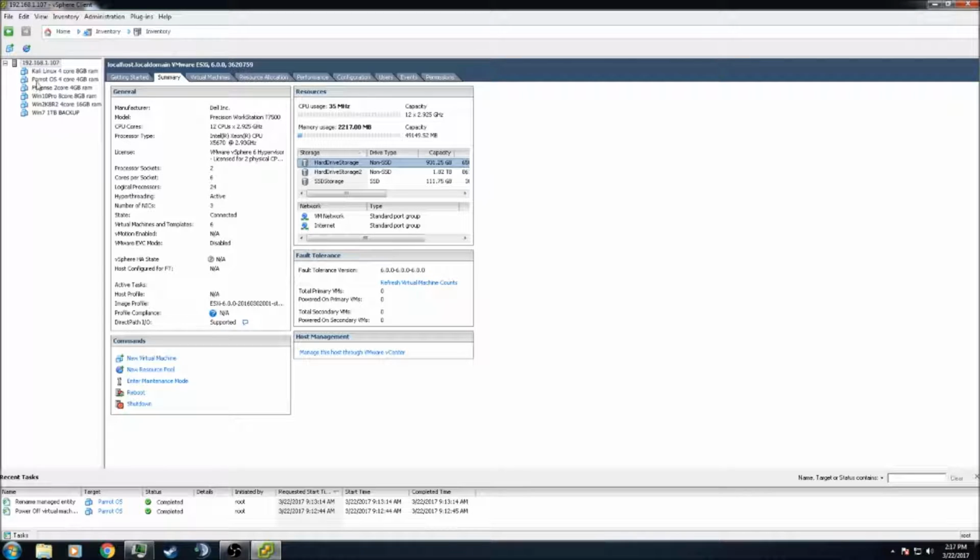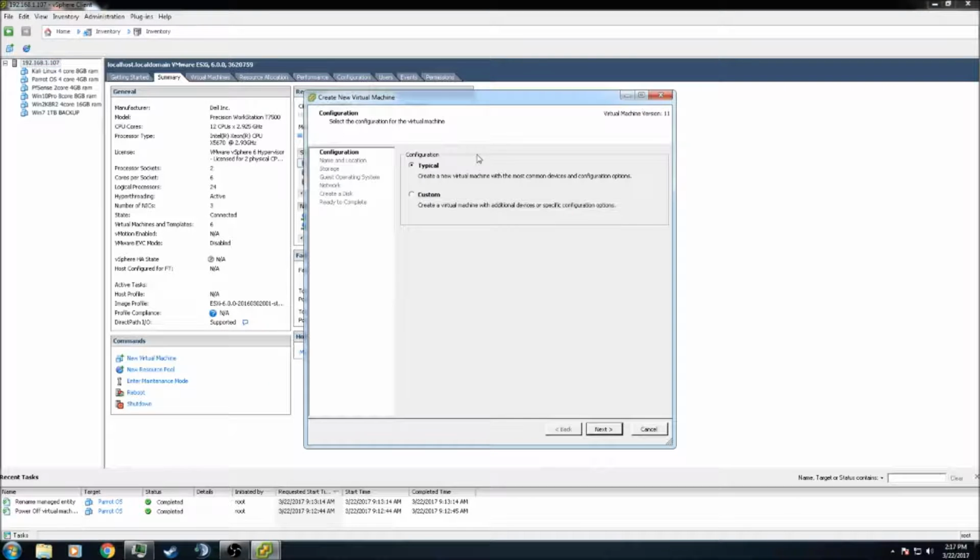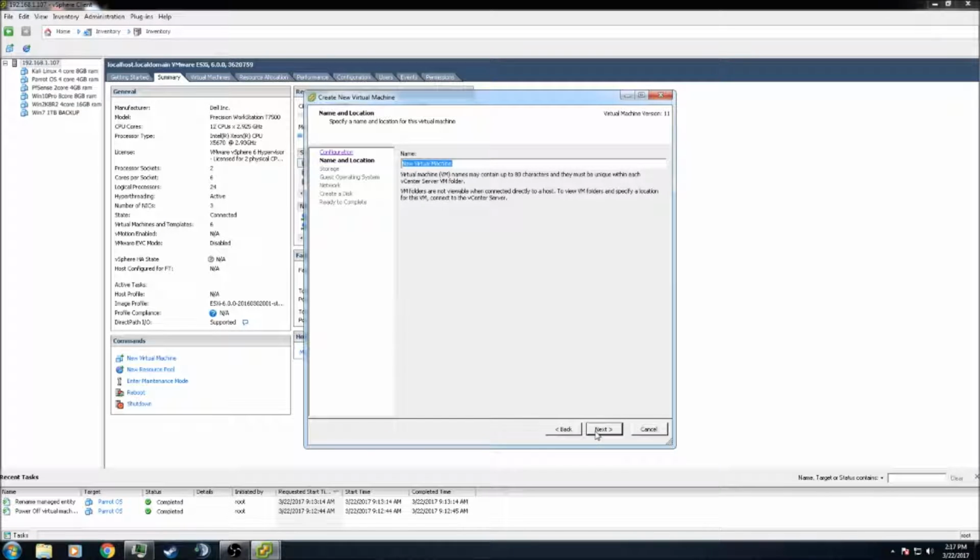So now from here, I already have this, but I'm going to go ahead and create another one. So we're going to go right here and click New Virtual Machine. Parrot OS is using Debian kernel, so it's pretty easy. So we're going to just name this